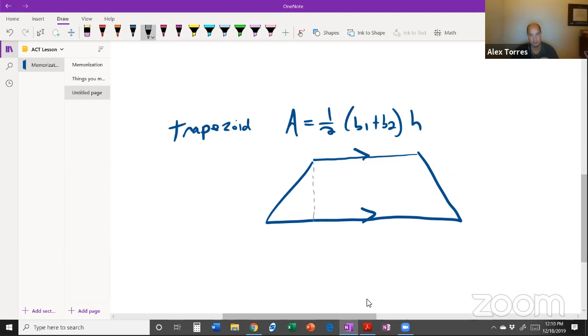Once again, you're rarely going to get a situation where they just give you everything and you plug it in. There's always a little figuring. So let's just imagine this is 12 and this is 13 and this piece right here is 10. And let's say the top base is 8. So, a little bit of calculation that would often need to be done in a question like this